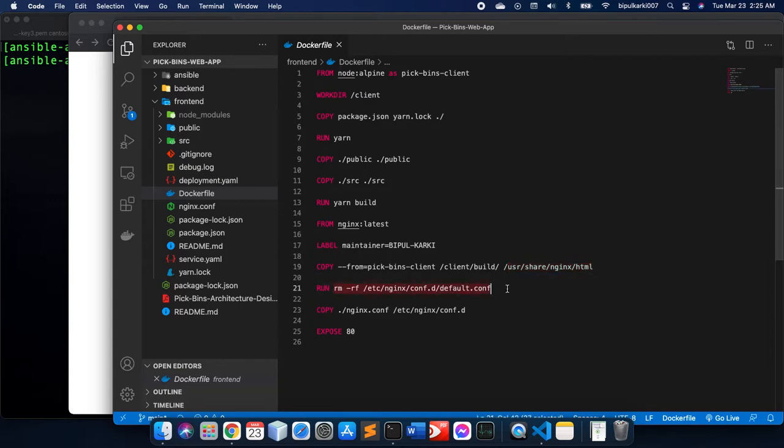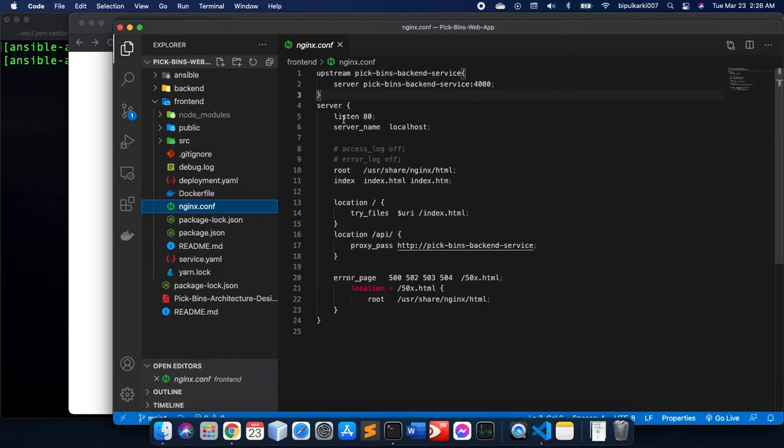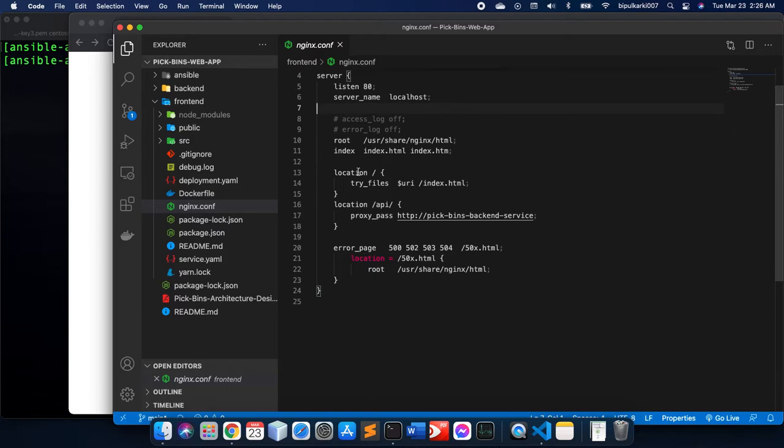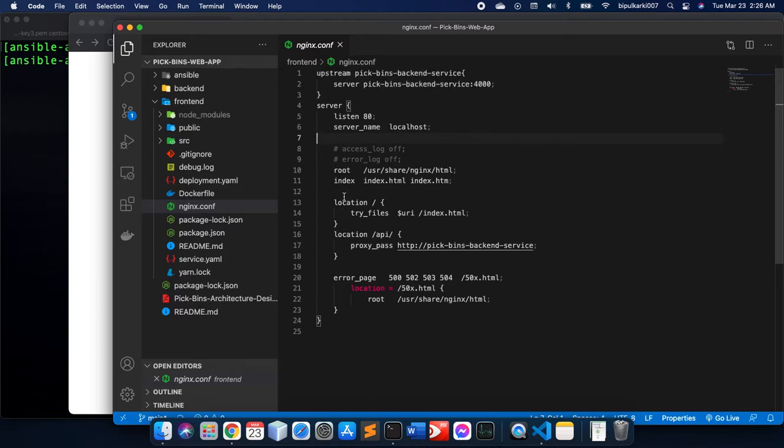So we're removing the default config file of our Nginx, and we're copying the Nginx config file that we have created to the default directory. The Nginx config file we created is here. What we are doing here is listening to port 80, because Nginx listens on 80 by default, and we're using localhost as the server name. The main part of the Nginx server is that we are passing the